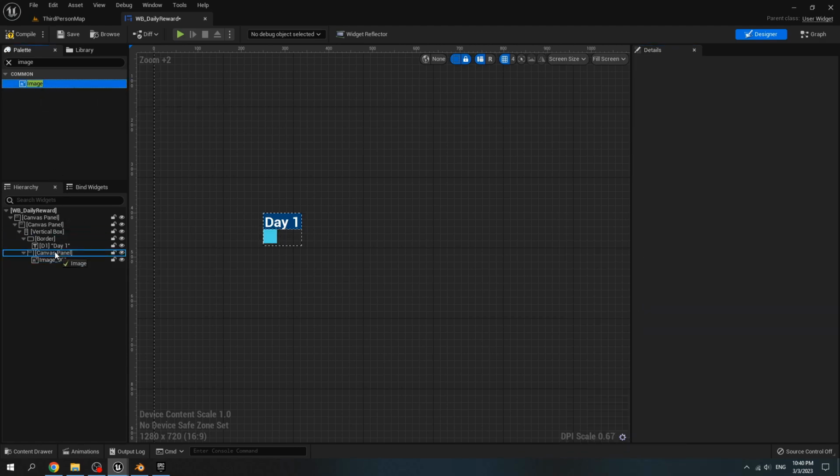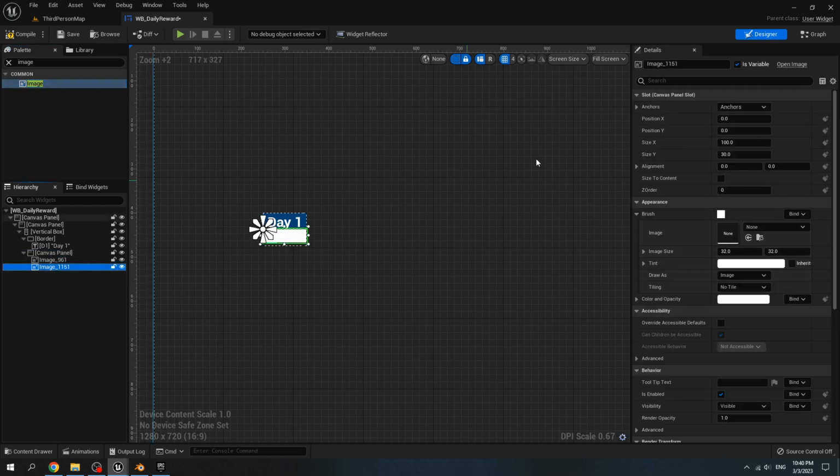Add a new image to the canvas panel. Rename it to gradient 1. Set size to content true.